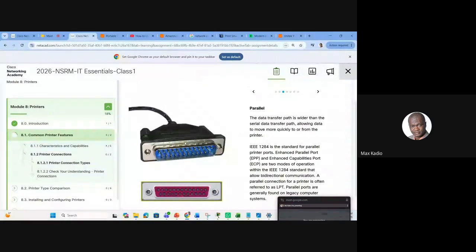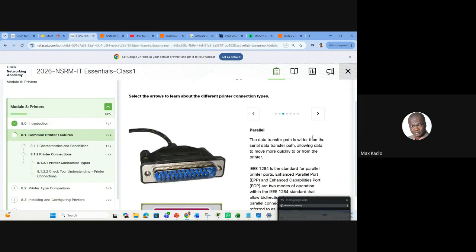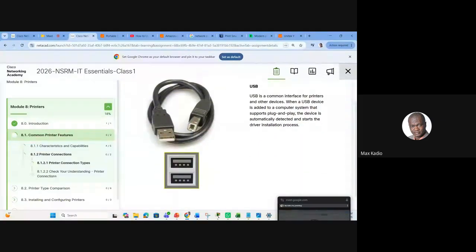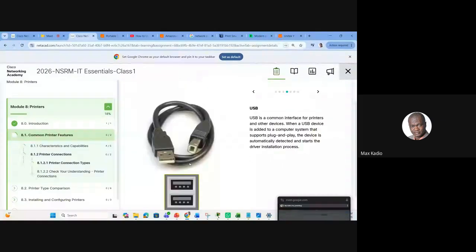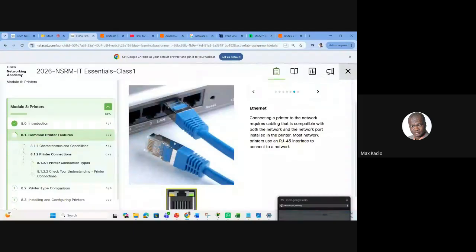It's good to know because maybe you're working in a company using an old system, old printers. If it's old printers, then you'll see all these types of ports and cables. So it's very important to know a bit. Nowadays, this is what we use: a USB cable, you connect back to your PC, the USB port, and the other end goes to a printer. This one is a network printer to be connected to the network.